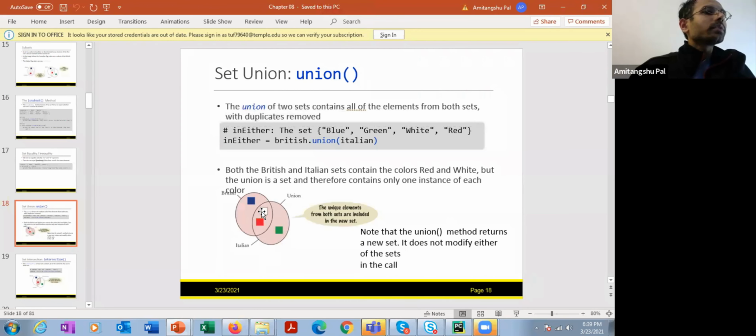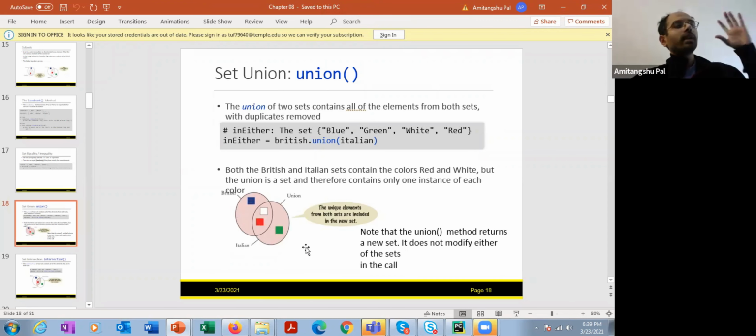So let's assume that the British flag consists of colors red, white, and blue. The Italian flag consists of colors red, white, and green. So the union of the colors of the British flag and the Italian flag consists of colors blue, white, red, and green. So the union of sets A and B consists of the elements that are in either A or B or both.